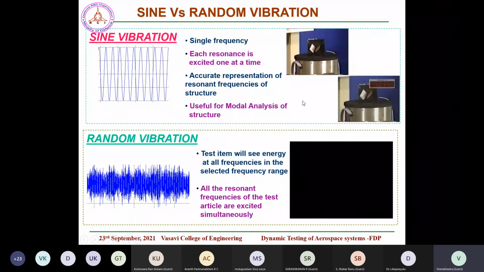That is where multi-frequency excitation came in. In 1940, during the Second World War, they realized that until then only single-axis vibration tests were done. Then they realized random vibration is required for this kind of multi-frequency excitation, where components are very close by and you don't have sufficient clearances. This is definitely going to be the case in aerospace systems, because systems have to be packed very close to each other and there will be very little space, or what we call clearances, between systems.